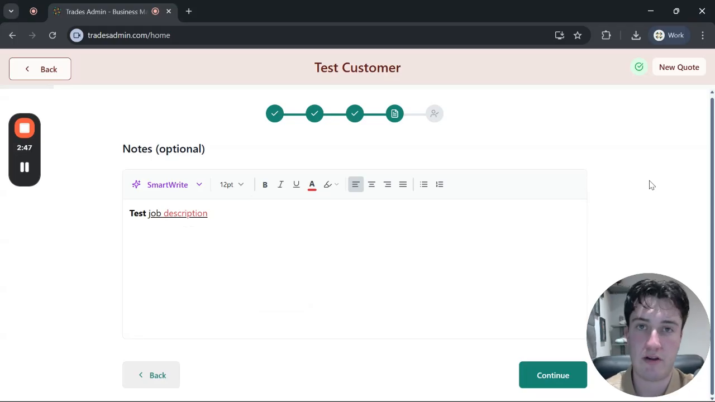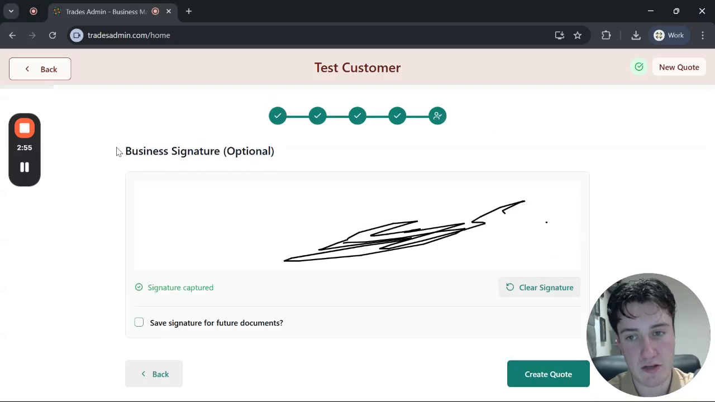It does it all in the background very quickly, and you can see your changes and, again, make changes to it if you'd like. Just a nice, simple feature. Click the continue button, and then we're on the business signature. This might take you a couple goes to get right, but once you do, you can click the save button